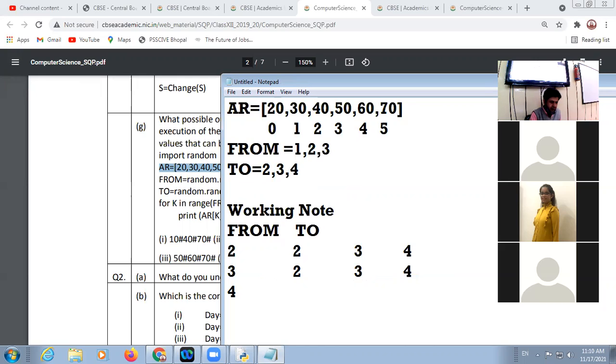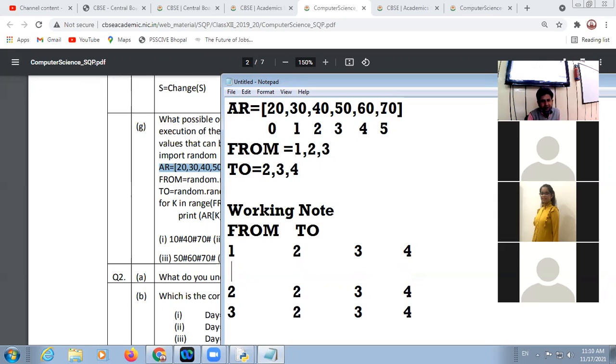Here again 2, 3, 4. Excuse me, sir. Sir, from जो है वो 1 से शुरू नहीं होगा? From 1 से होगा. Yes. Here 1, 2, 3. 1, 2, 3. Clear बेटे यहाँ तक?